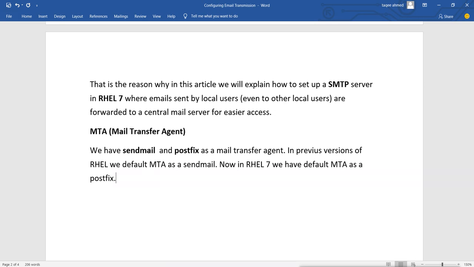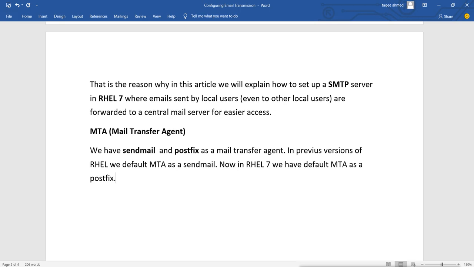Now when we install the system and select that we want to configure it like a server, GUI with server, and additionally we select the mail server packages, then by default it installs Postfix in our RHEL7. In previous versions, when we selected a mail server at installation time, it actually installed Sendmail.